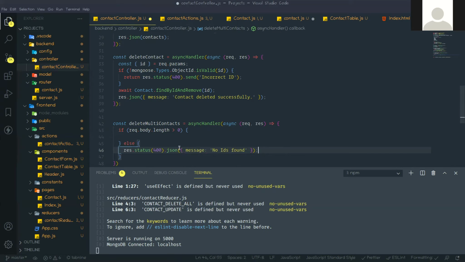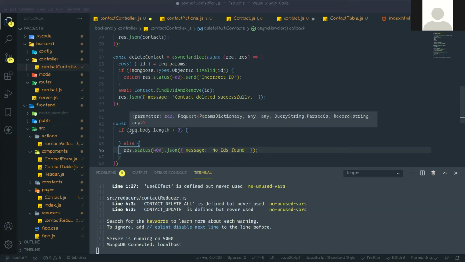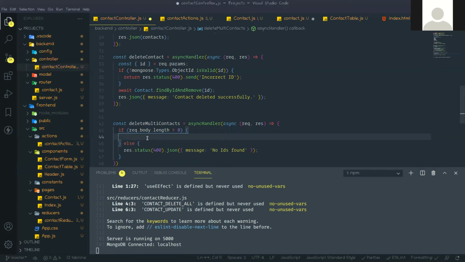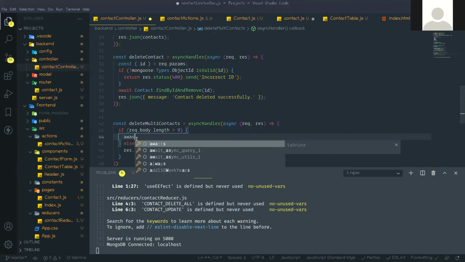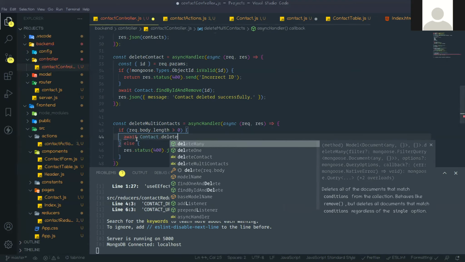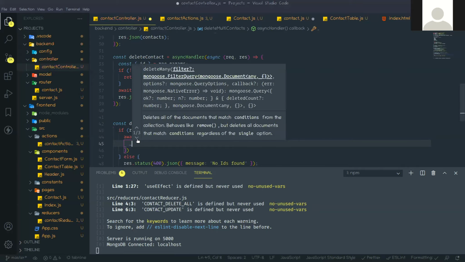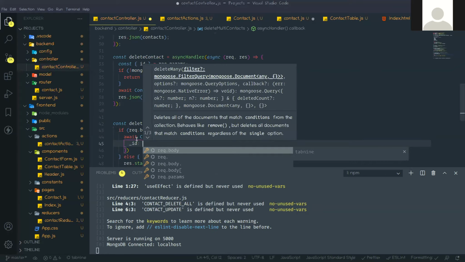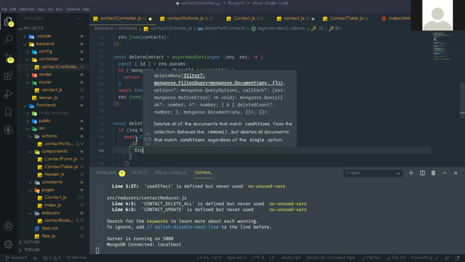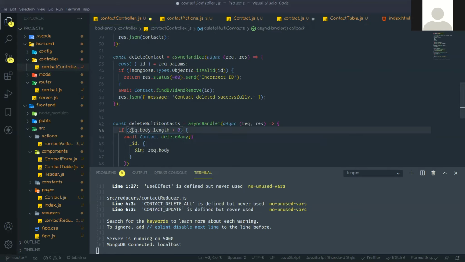Okay, and if those IDs are there, then we need to check whether the IDs are valid or not. If you want, you can check with a loop, but it's not needed for now, because that ID should be valid since it will come from the UI only. Okay, so now just await Contact.deleteMany, and here we need to give the ids in, which should be request.body.